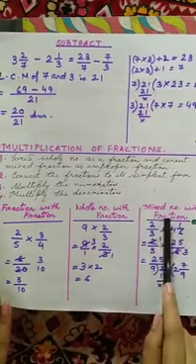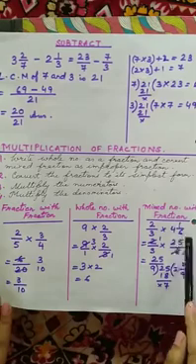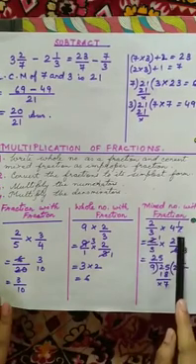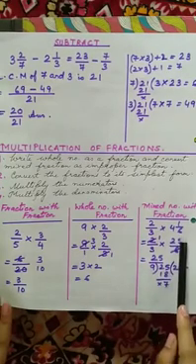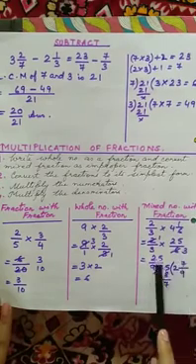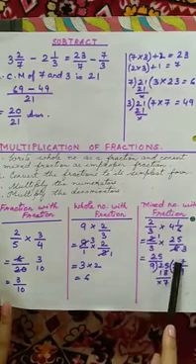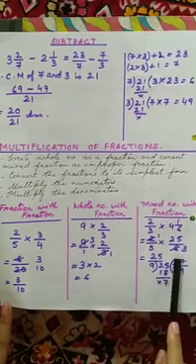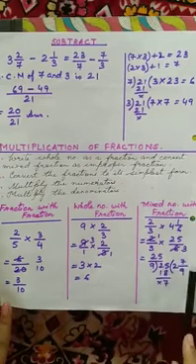Next we have mixed number with fractions. Now we have a mixed number here. We have to multiply it with a fraction. But we have to change the mixed number first to improper fraction. 4 6s are 24 plus 1, 25 by 6. Now we begin with cancellation. We cancel 2 and 6 with the same number, that is 2. 2 1s are 2, 2 3s are 6. We cannot cancel any more numbers by the same number.